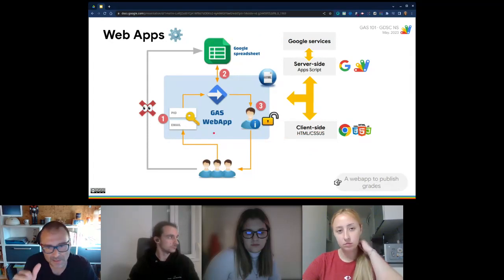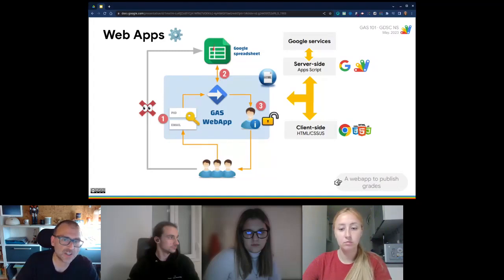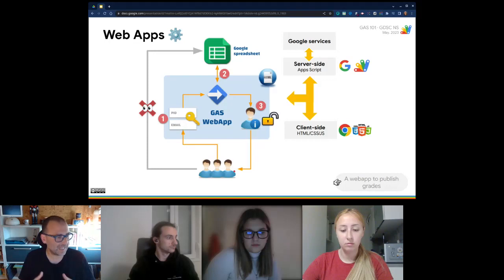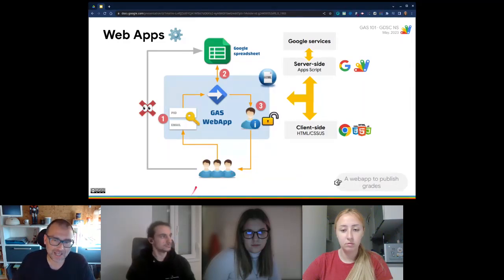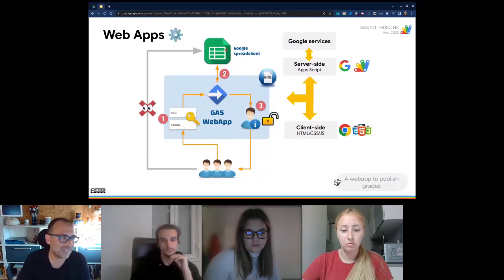The key point here is understanding that this spreadsheet is not publicly shared, not even shared with a link, but that link is not shared publicly. It's not shared at all. Even if any user had the URL, the link to the Google spreadsheet, it could not access it. So this is the right way of performing this kind of workflow. Web apps can help us do this. I would not say quite easily, but well, rather easily.